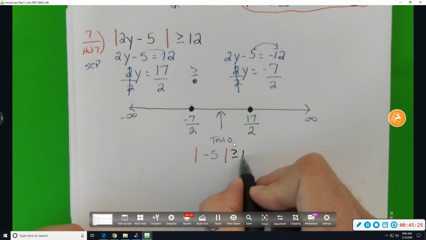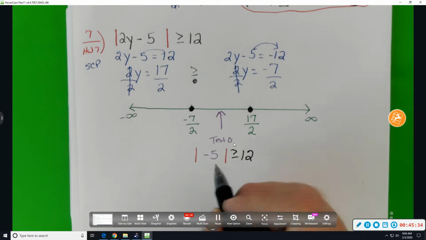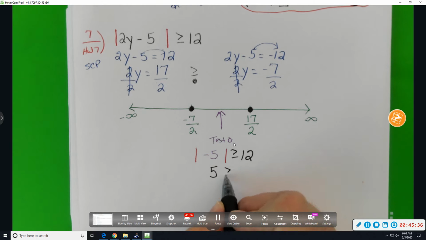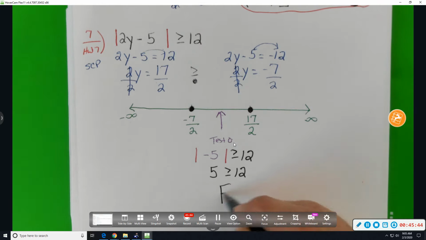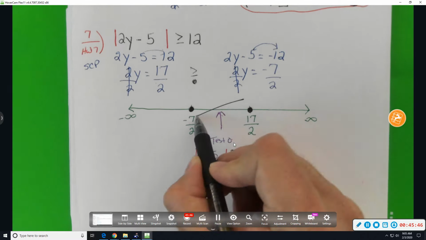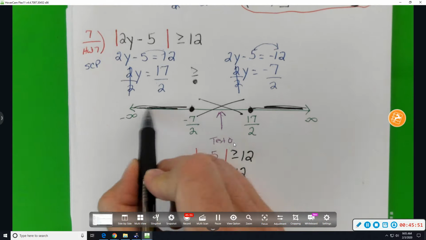And now, before you decide true or false, actually take the absolute value. The absolute value of negative 5 is what? 5. So 5 is greater than or equal to 12, true or false? That's false. Oh, I was about to say false. So I'll X that out, shade these,